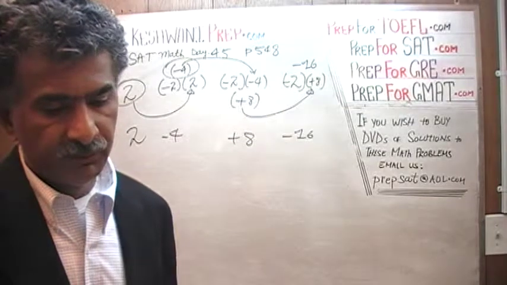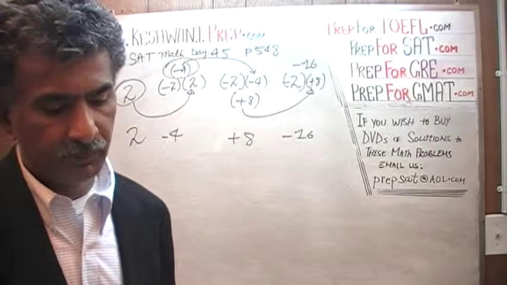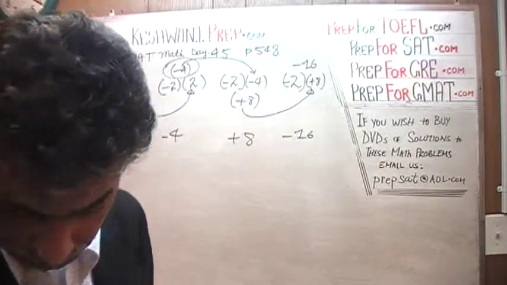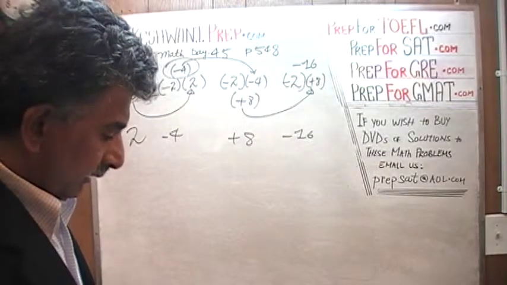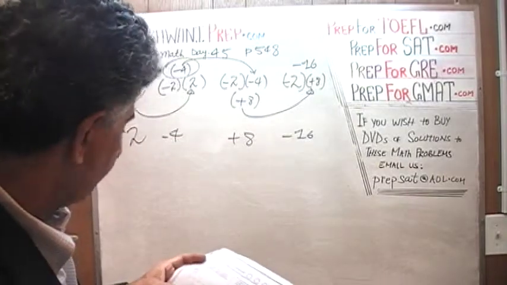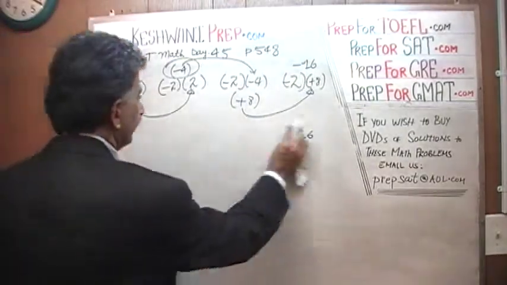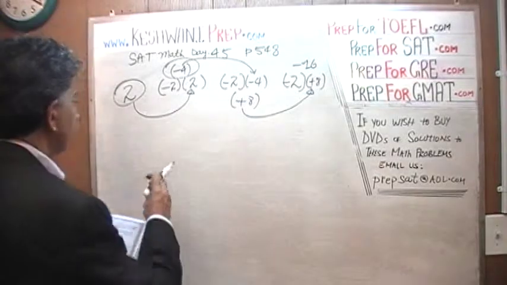How many of the first 50 terms in this sequence are less than 100? How many of them are less than 100 out of the first 50 terms? Alright. So out of the first 50 terms,